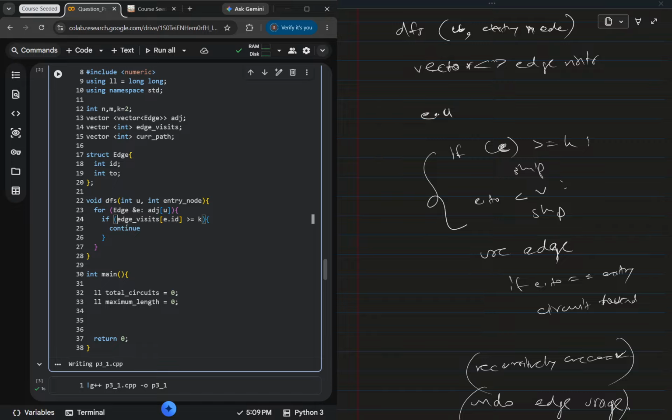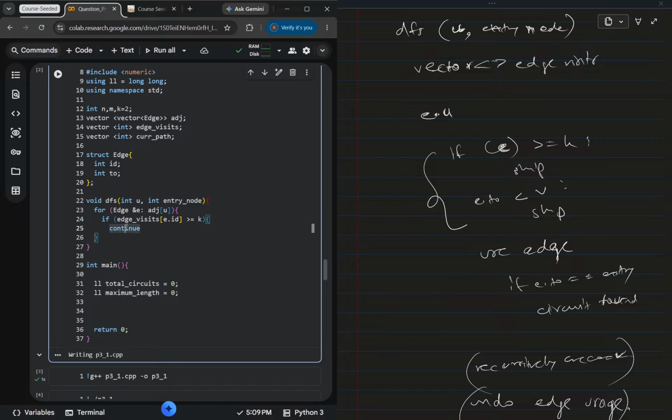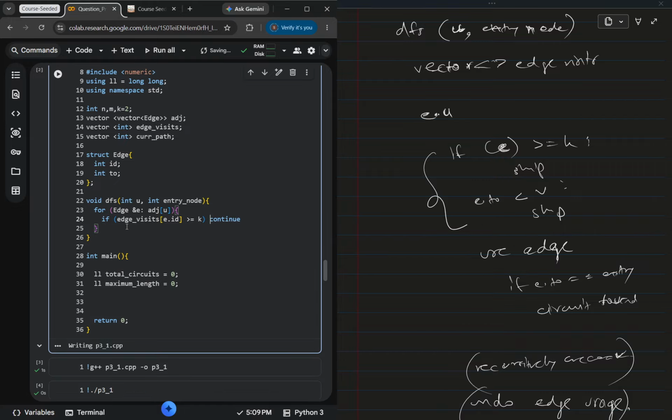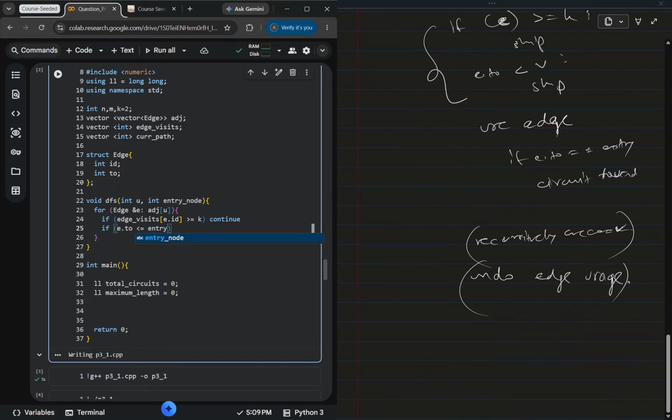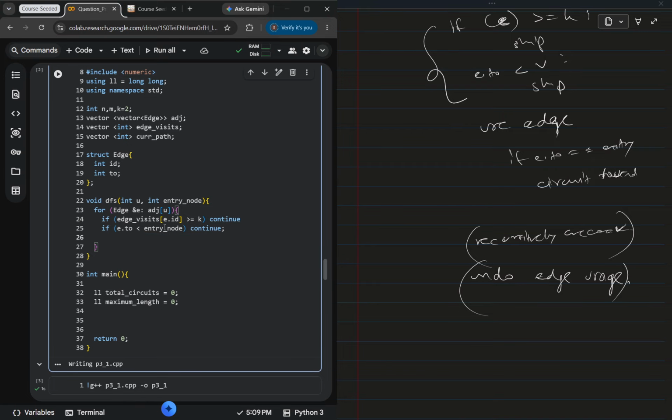So we can either create them in a single if statement by using an or condition, or we can just write them separately. So let me just write them separately, but we actually don't need anything. So e dot to less than or equal to u, basically not less than or equal to, because for equal we'll have a different thing. Yes, so over here we have the circuit found. So let me remove the equal sign. So if this is less than your entry node, then we don't want to travel this. So yes, let's continue this as well. And now we have your